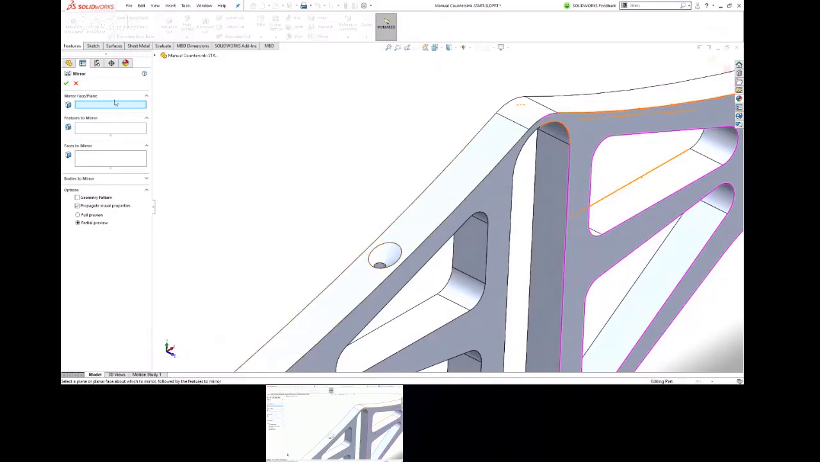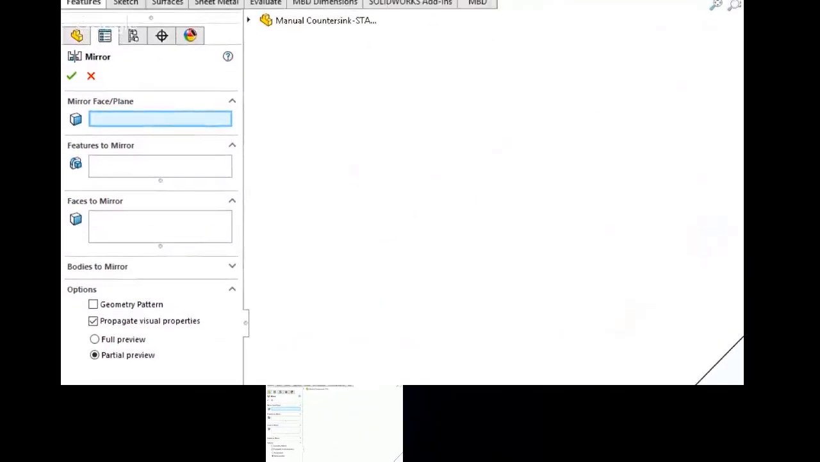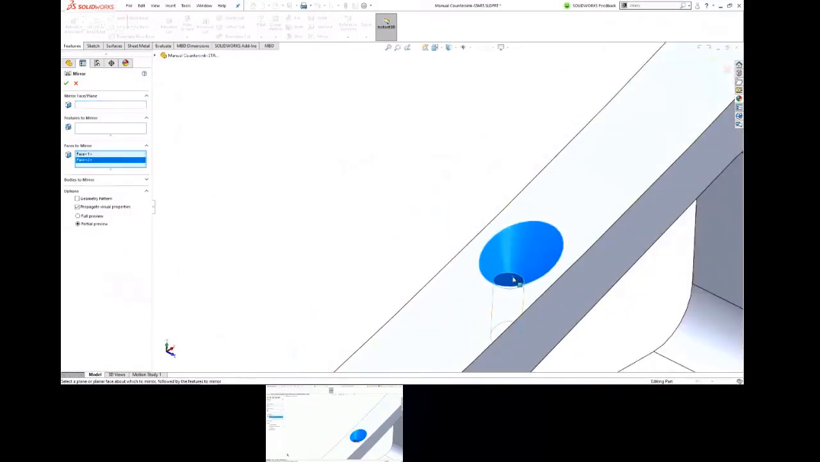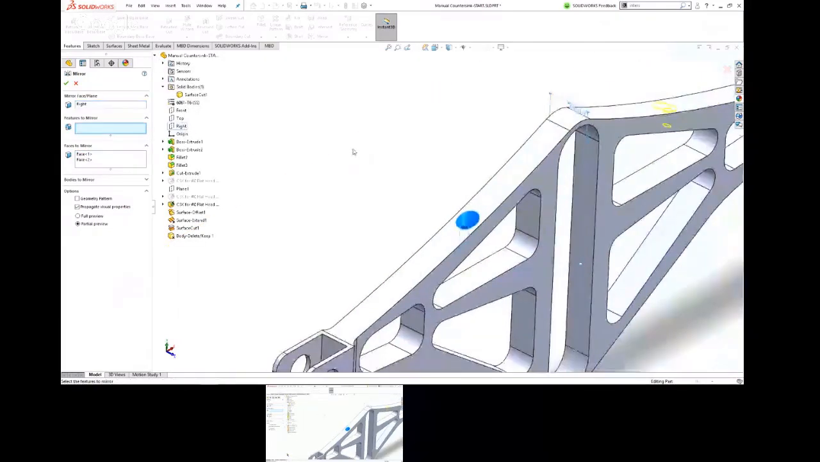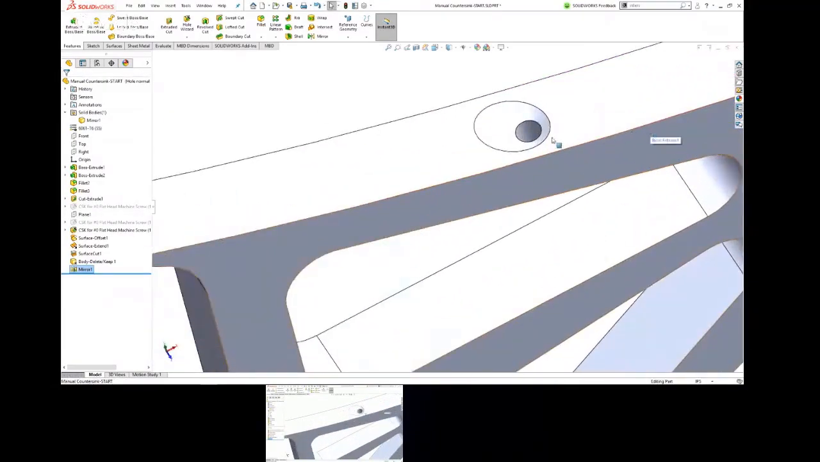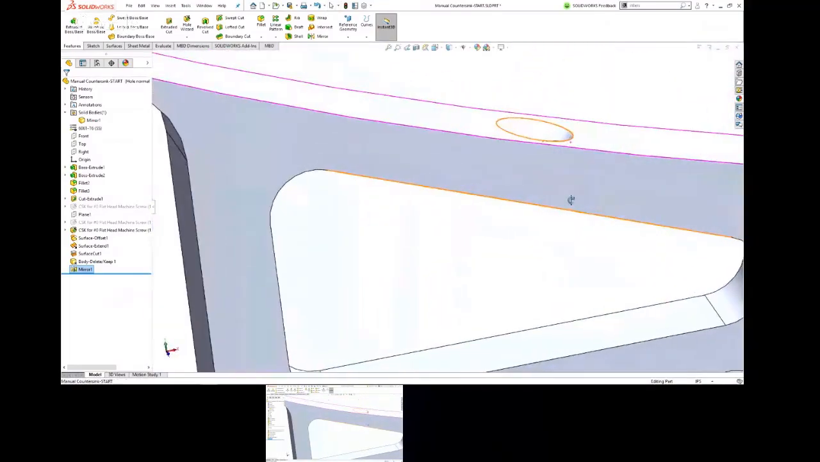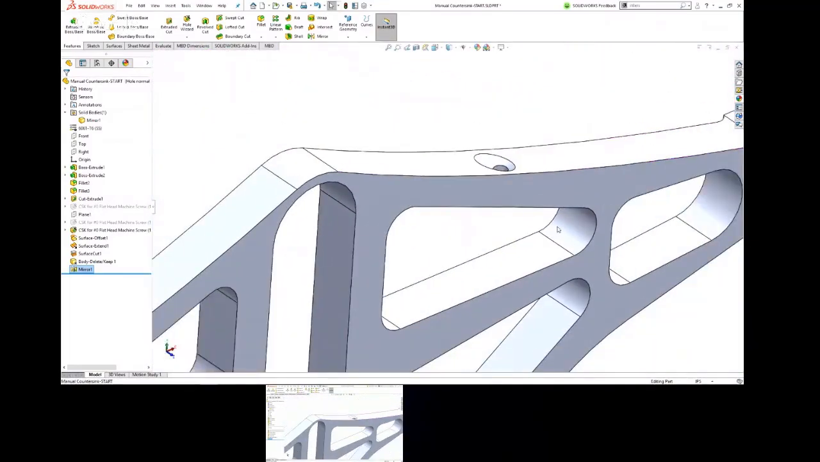Instead, in the mirror dialog, notice that it gives us a couple options here. We can mirror features, we can mirror faces, or we can mirror bodies. So I'll just choose to mirror the faces of this hole about, I think it's the right reference plane. There. And that's going to be quick because it doesn't have to rebuild anything. It just has to copy those faces and do a quick Boolean